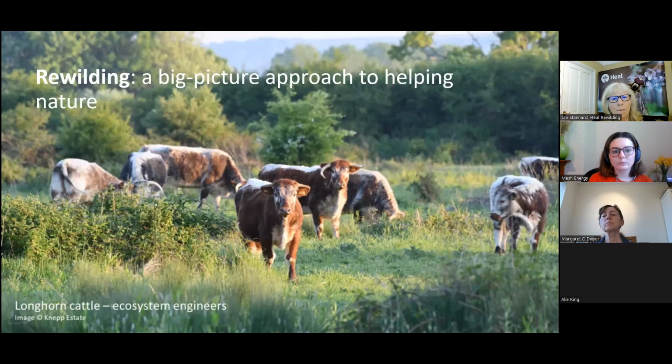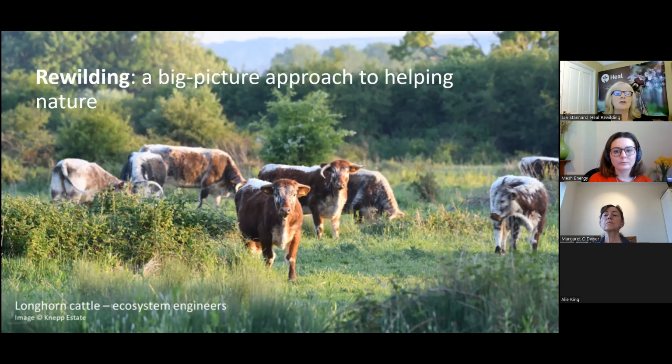So the thing about rewilding is you can think of it as a sort of holistic approach. It's a big picture approach to looking after how nature does. And you're going to start to get a clue, if you don't already know this, that cattle are involved. And again, we'll come on and talk about why that is. But clearly, for a community of people to adopt rewilding as an approach, it has to work. So how do we know that rewilding works?